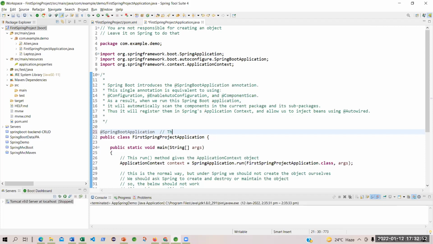This is the annotation used by Spring Boot to mark the class as executable or runnable.